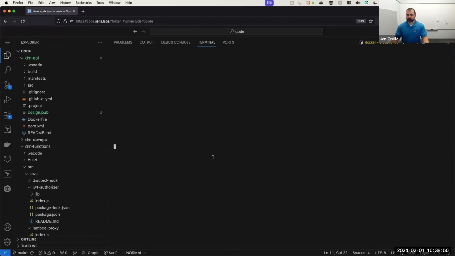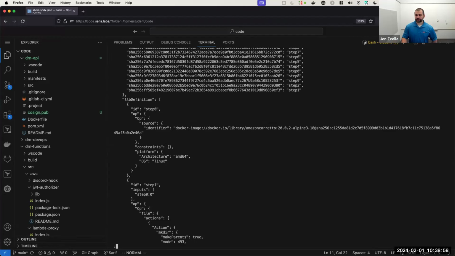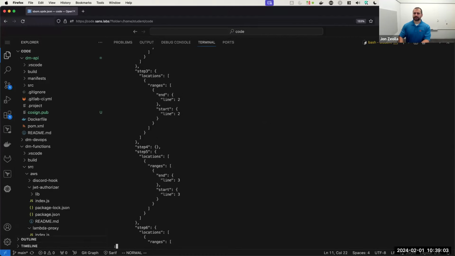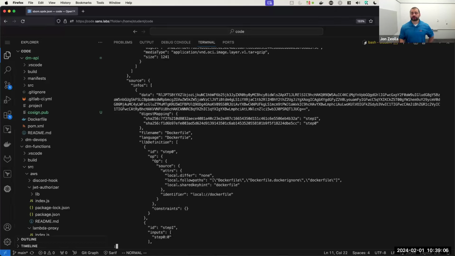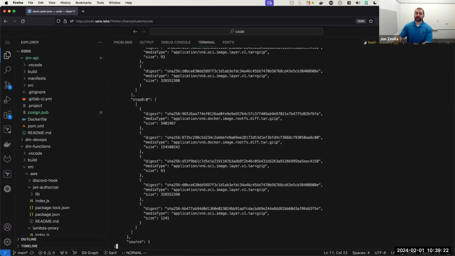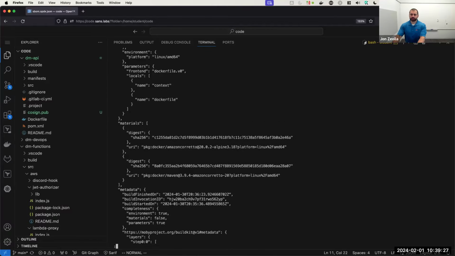So we're going to run this big long command, and we can see the actual provenance of this image. So I'm not going to go through all of this, but if we jump to the end and we'll go up from there, we can see, skip through a little bit of this. You can start to see lots of data about the source, about files that were used to construct this image. There was a Dockerfile. We've got different hashes of files and locations. We've got information about layers of base images and all kinds of useful information, right?